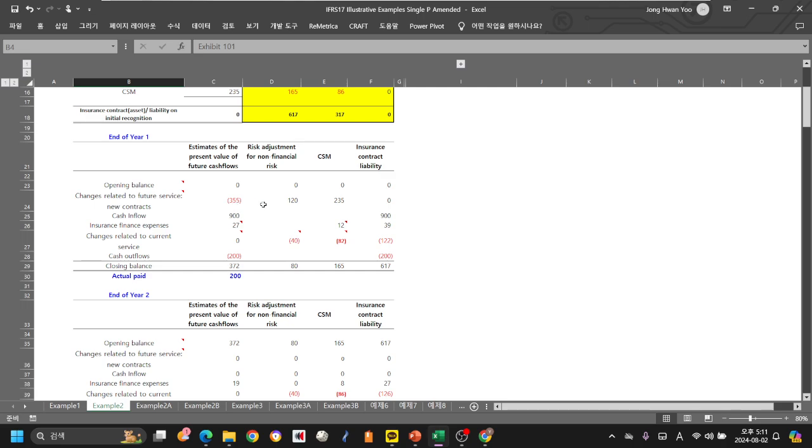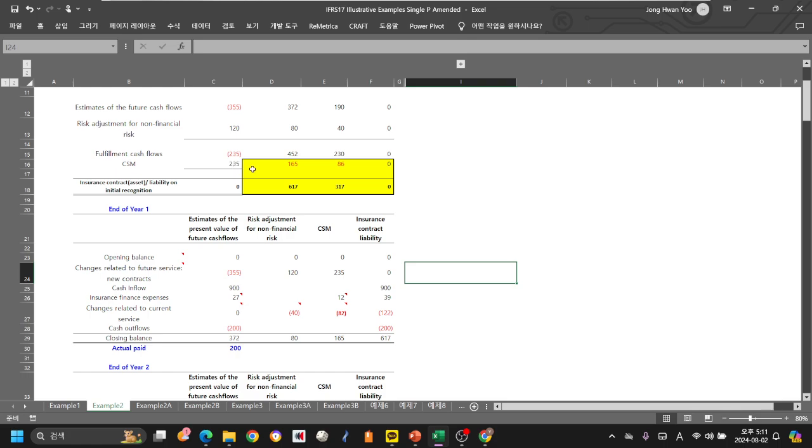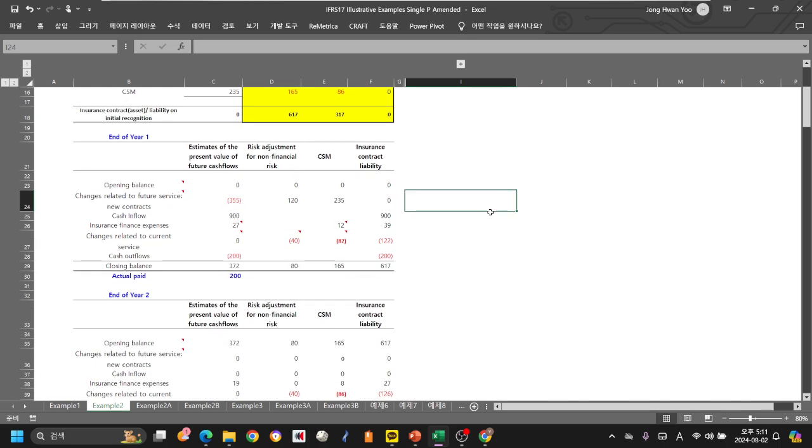So building blocks 1, 2, 3 and CSM here, 235. We start from there, and then we follow the cash transactions. So 900 as a single premium is added on, and if I add those two,